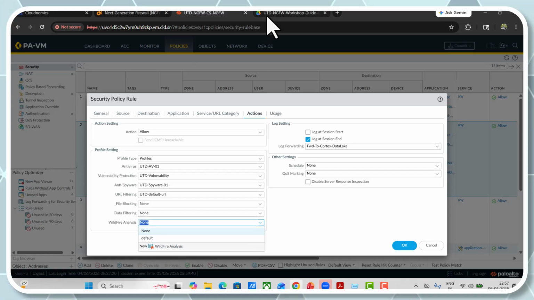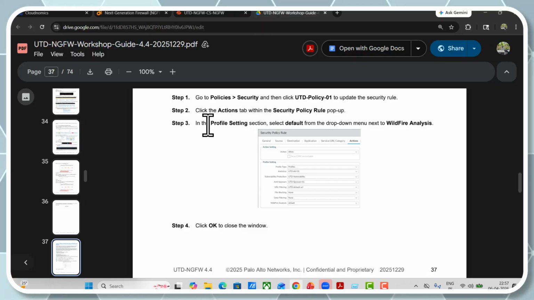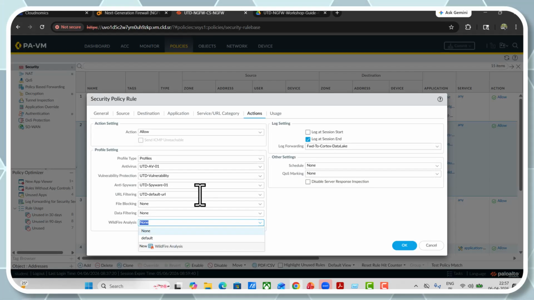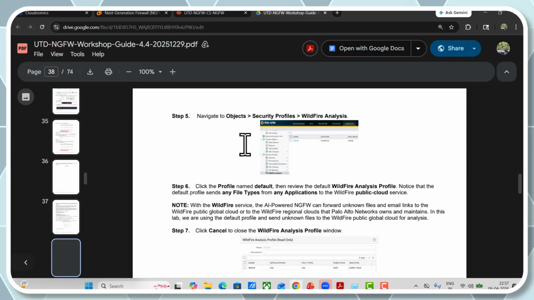Like this. So we have to select this or not. In the profiling section, select the default from the drop-down menu next to wildfire analysis. So we have to select default. So now we have selected default. Click OK,